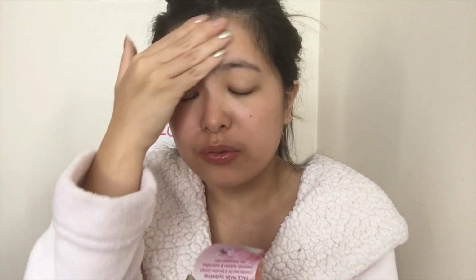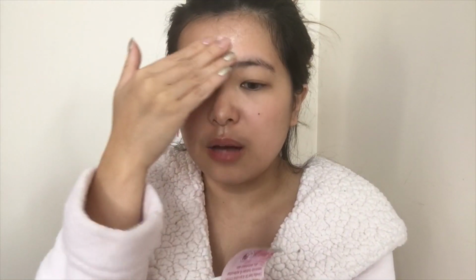I got this from Amazon, and I got it in a set. From what I remember, it was kind of cheap, but it smells really fragrant. It's very florally. It comes on thick enough for it to be several layers on your skin, but definitely really gel-like, watery almost, which I like because I can't deal with too much